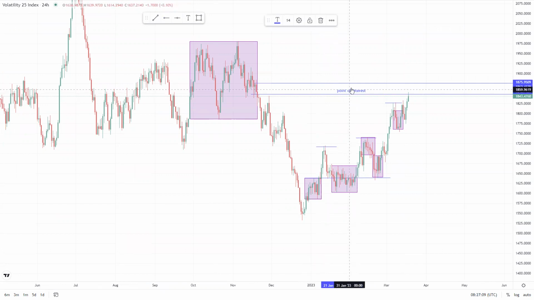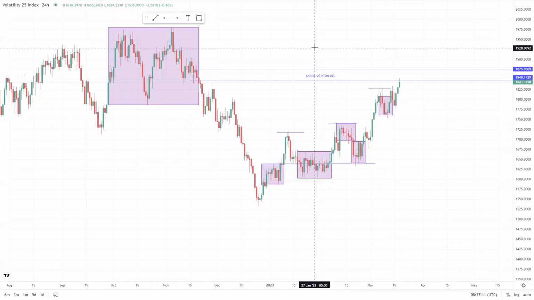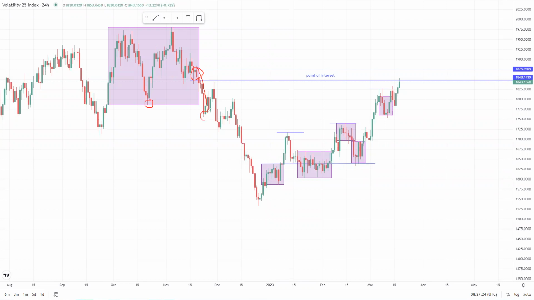Okay, point of interest. Why have I done so? If you look carefully at what is happening right here, you discover that after this last bullish candle was formed, followed by the bearish movement, which took out this low by creating a new low here, we will be able to tell that it was some kind of force that